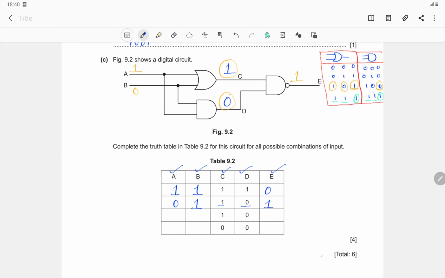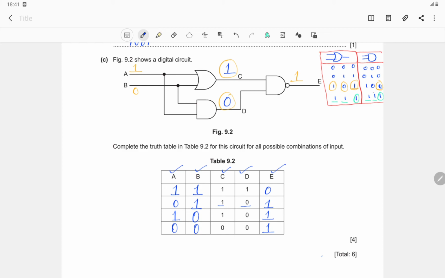And the next option is also 1, 0. So the other possibility, you can just change the inputs as 1, 0. So again you will get the same values at C and D and the E output will be again 1. And the last option, you should get 0, 0 for both, so that both the inputs should be 0. Then only you will get 0 at C and D, or at the output of AND and OR, only when the inputs are 0, 0. And the last output will be 1.